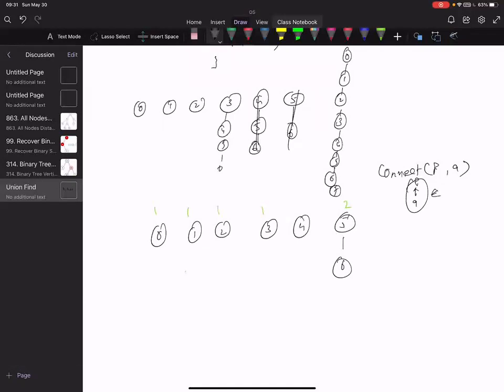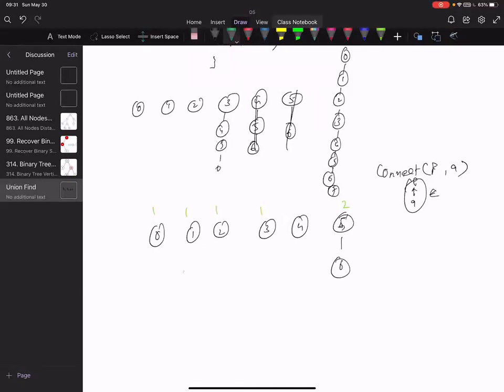Okay, so when I want to connect 4 and 5, there are 2 ways to connect. We just spoke about it. I can make 4, 5, and 6, or I can make 4 a child of 5, right? And you are asking why one is better than the other. Yes. Is that correct? Because my depth is less.